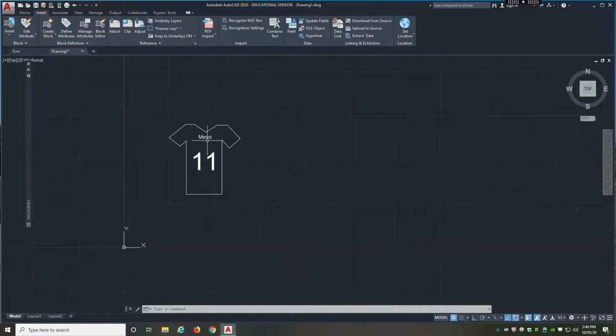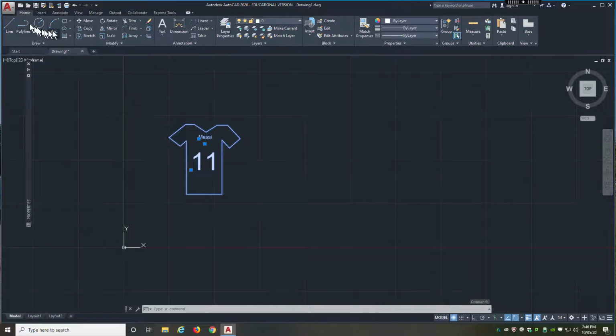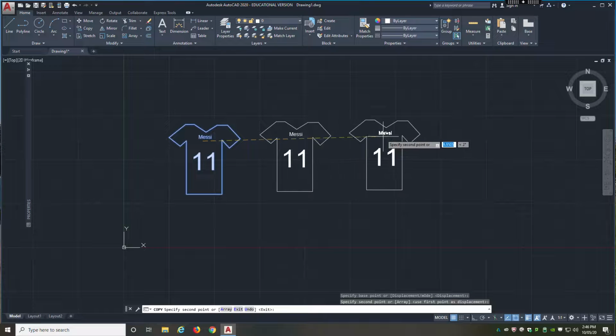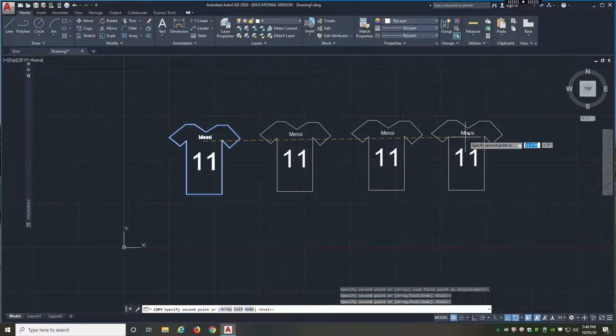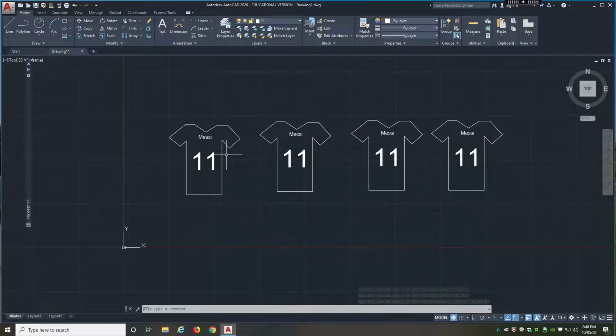And this is now a block. So what I can do with this block is click on it, go to the Home tab, and say Copy. And I'm going to click on just a base point, and I'm going to say 1, 2, 3, 4, and hit Escape. So now that I have a block with attributes,